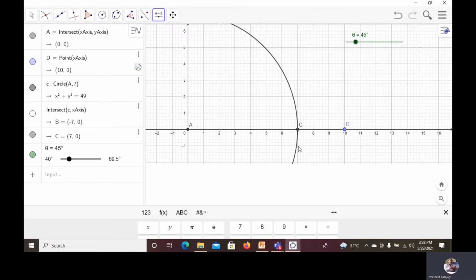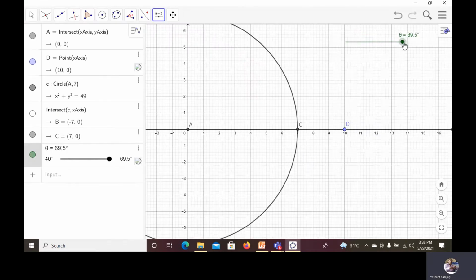So here is the slider. Here you will observe it varies between 40 degrees to 69.5 degrees. Now you assign this angular position to the AC link, which is input 1.